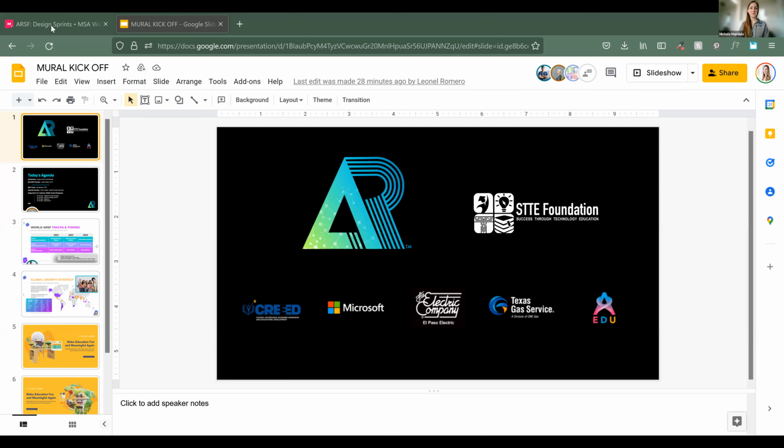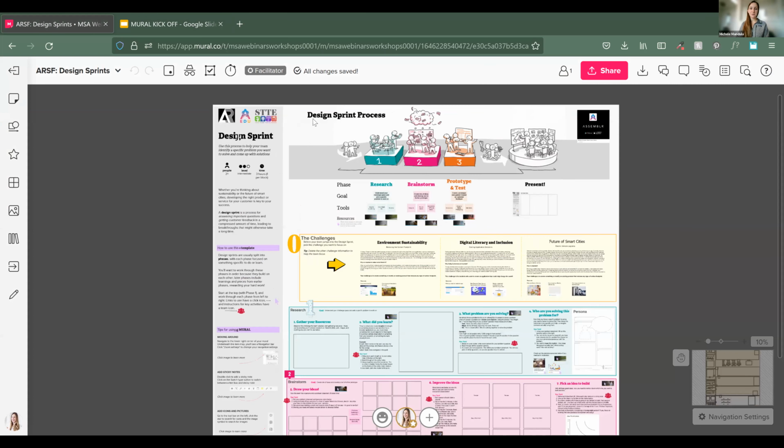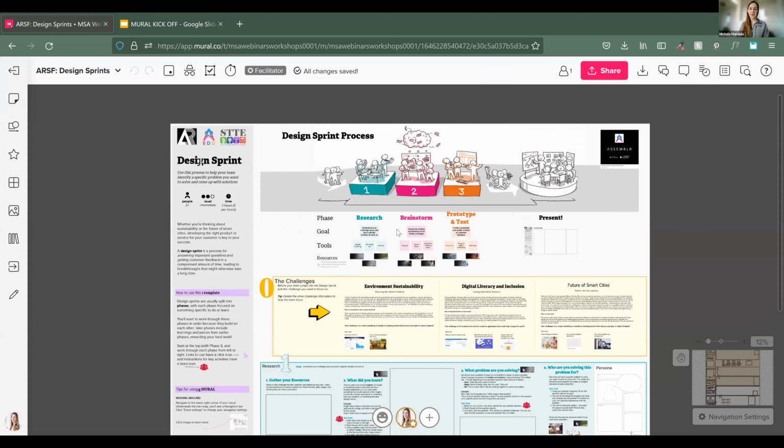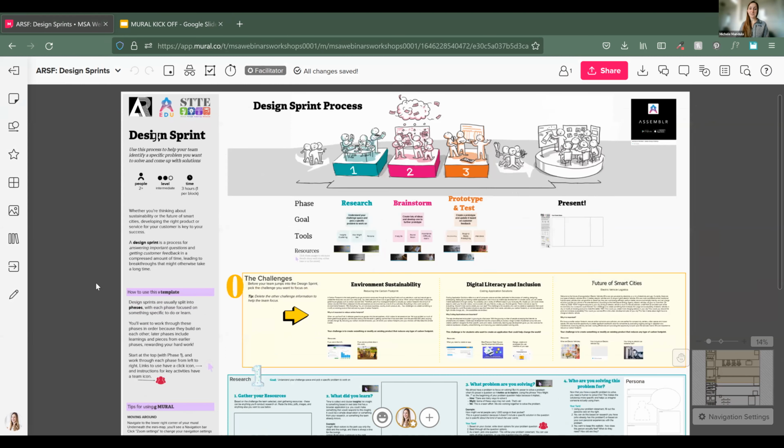So with that, this is what we'll be using today. What you'll see is that this is through MURAL, which is a virtual collaboration tool. Imagine this as a giant whiteboard with things like sticky notes and other items that you can use for your teams. What we'd strongly recommend is there's a template version of this that we will share out after the session